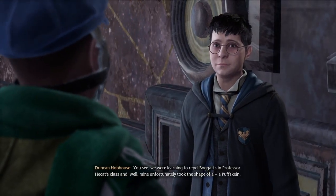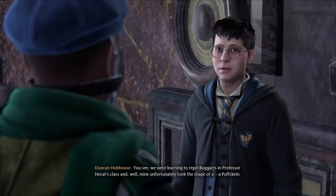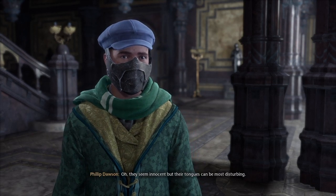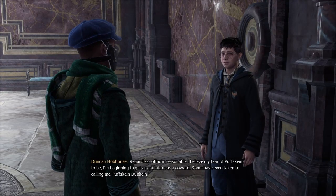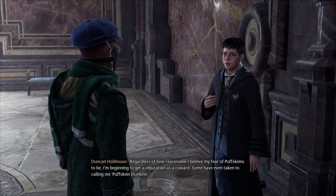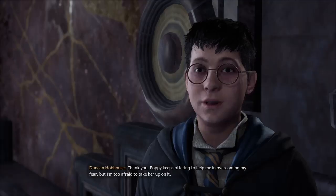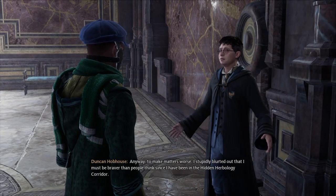You see, we were learning to repel boggarts in Professor Hecat's class, and, well, mine unfortunately took the shape of a puffskein. Puffskeins are cute. Ugh, well, they seem innocent, but their tongues can be most disturbing. Exactly. I wish I felt like our fellow students could be more understanding. Regardless of how reasonable I believe my fear of puffskeins to be, I'm beginning to get a reputation as a coward. Some have even taken to calling me Puffskeen Dunkeen. That's terrible. I'm sorry to hear that. Words can be cruel. Thank you. Poppy keeps offering to help me in overcoming my fear, but I'm too afraid to take her up on it. Anyway, to make matters worse,